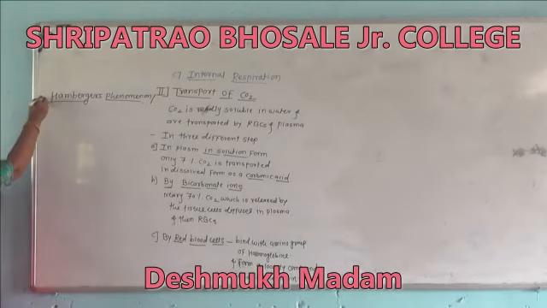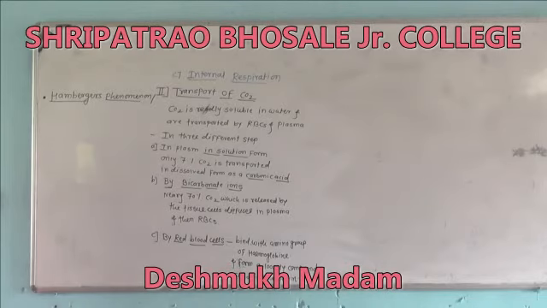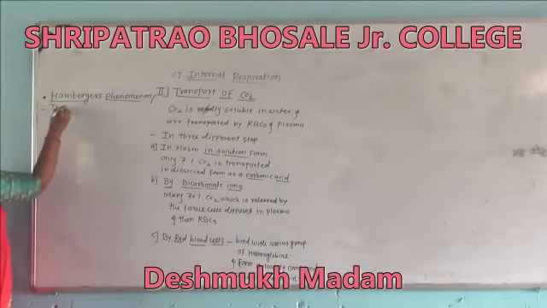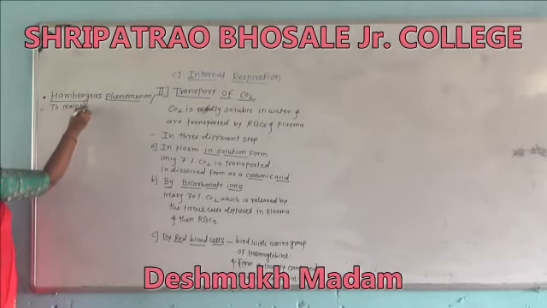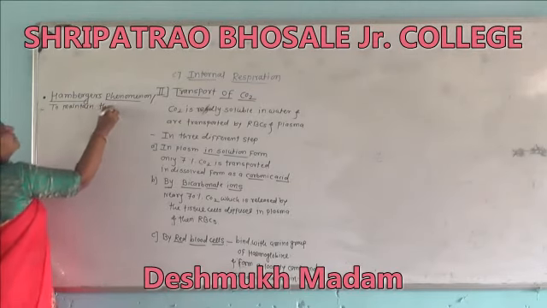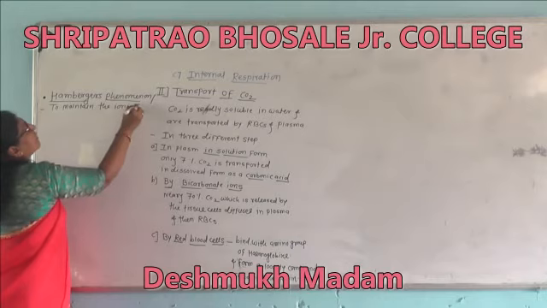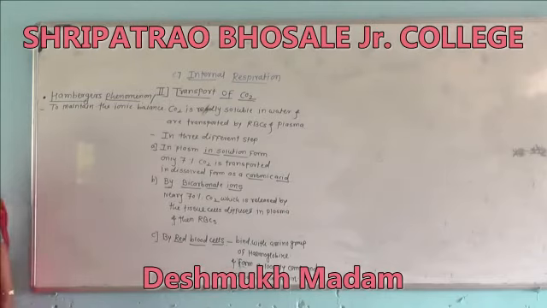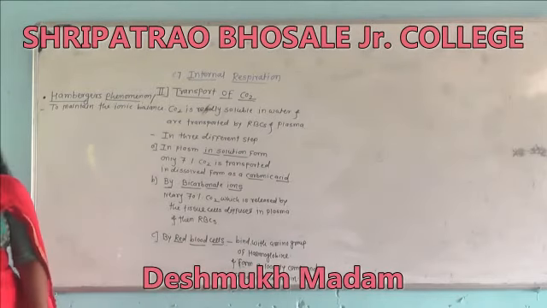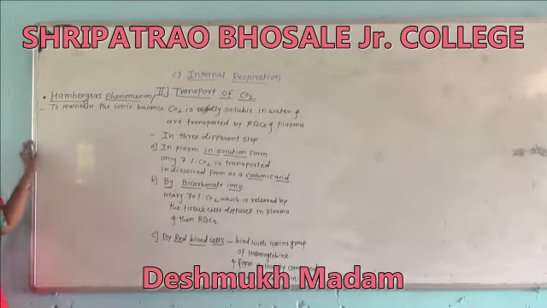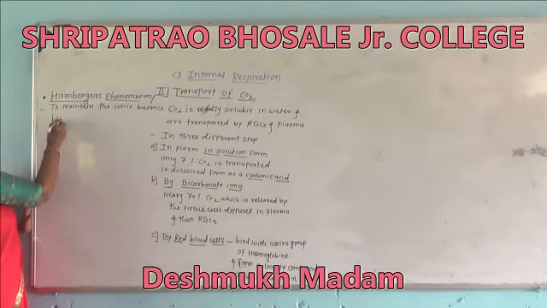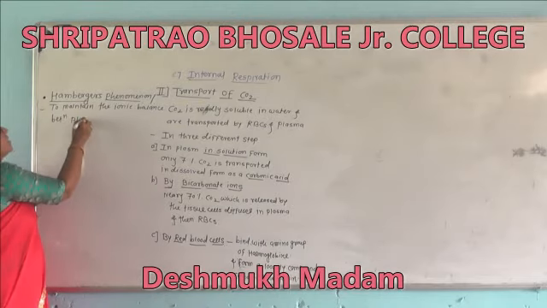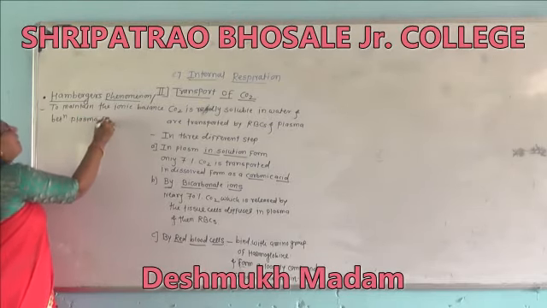In Hamburger's phenomenon, to maintain the ionic balance between plasma and RBCs,